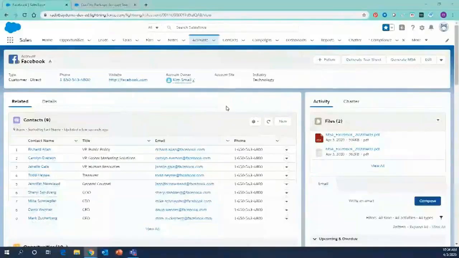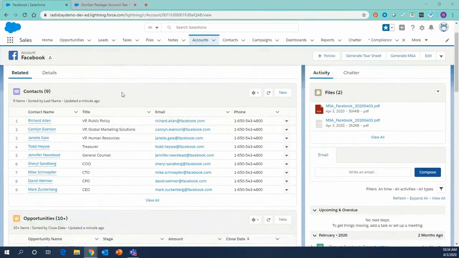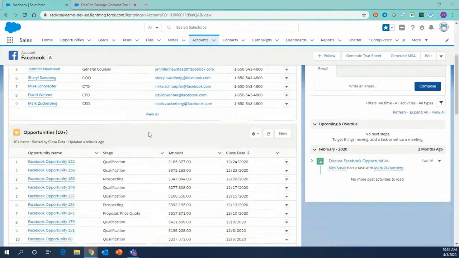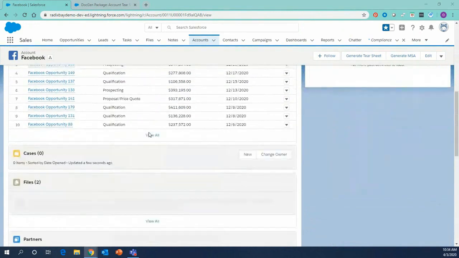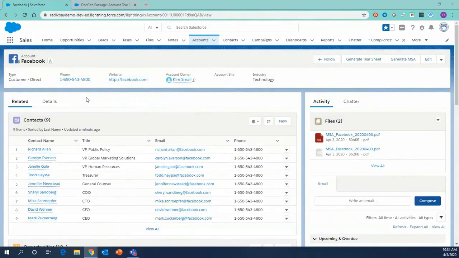Okay, so we are back in the system. We're back on that Facebook account page. And as you can see, the details are pretty basic. You have contacts, but you don't really know who your key contacts are. You have a lot of opportunities. This isn't super helpful if I'm getting ready to meet for a sales meeting. I have to probably go look at some reports, some dashboards